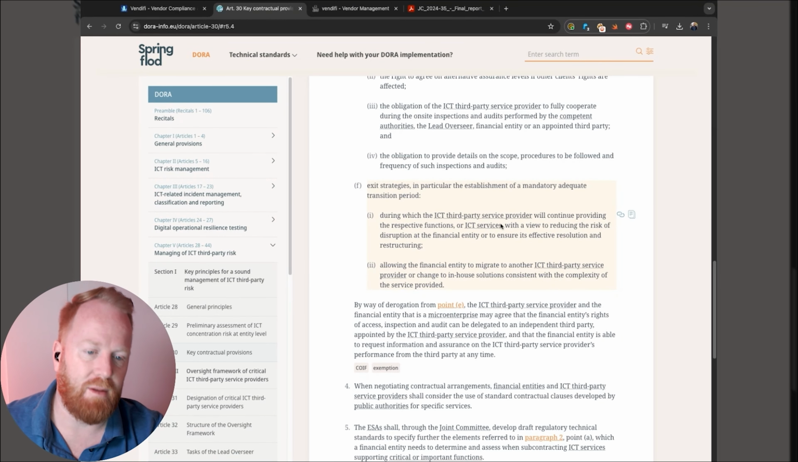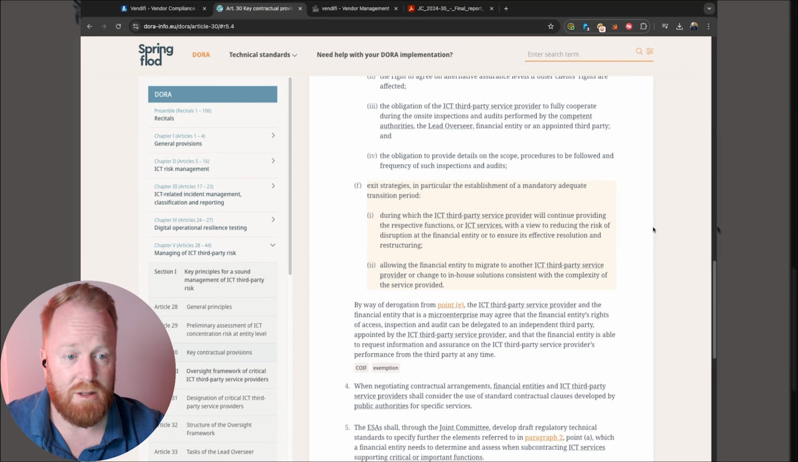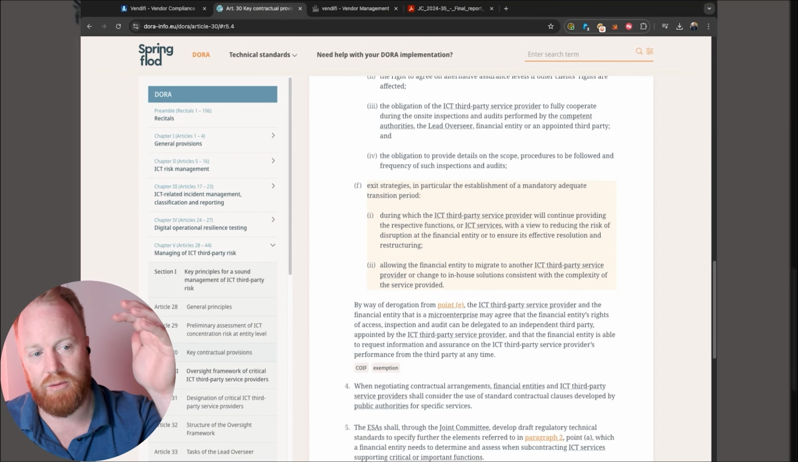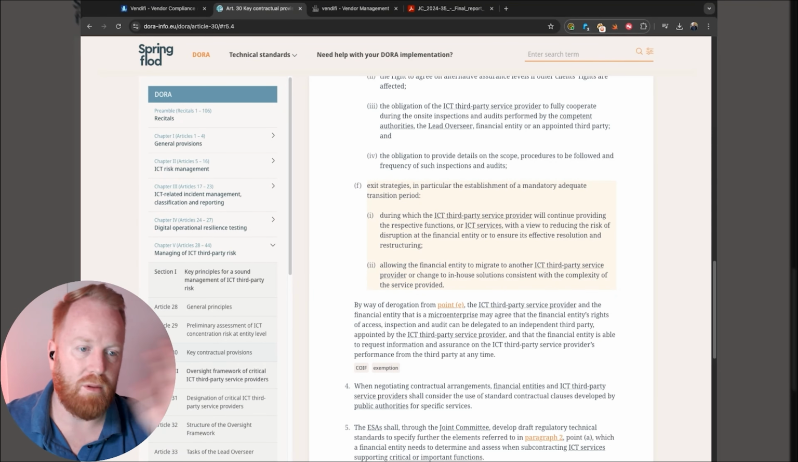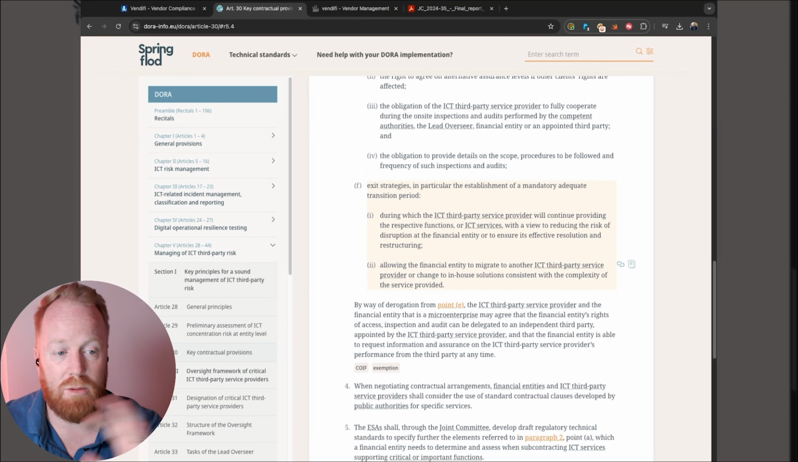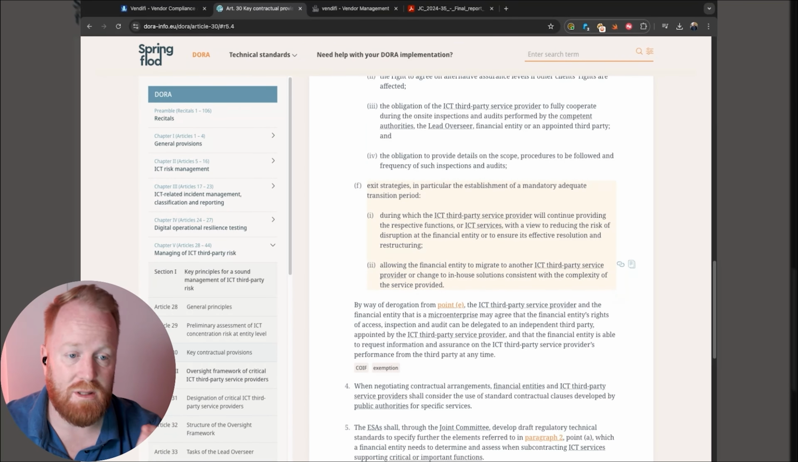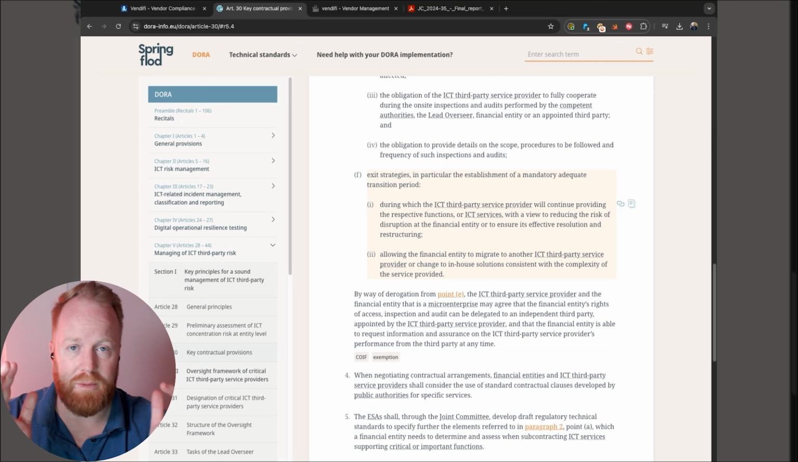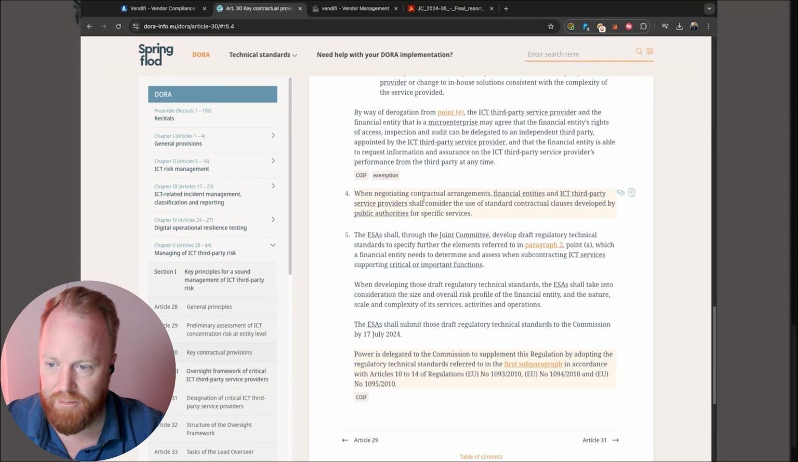But back to F and exit strategies. The exit strategy, specifically the requirement for a mandatory transition period, during which the ICT provider will continue delivering services to minimize disruption for the financial entity and ensure effective resolution and restructuring. And the other one is allowing the financial entity to switch to another ICT provider and transition to in-house solutions, whatever the service complexity. So very clear cut. You've got to help us out if we're ending the agreement, and you can't leave us high and dry. And then finally, number 4,